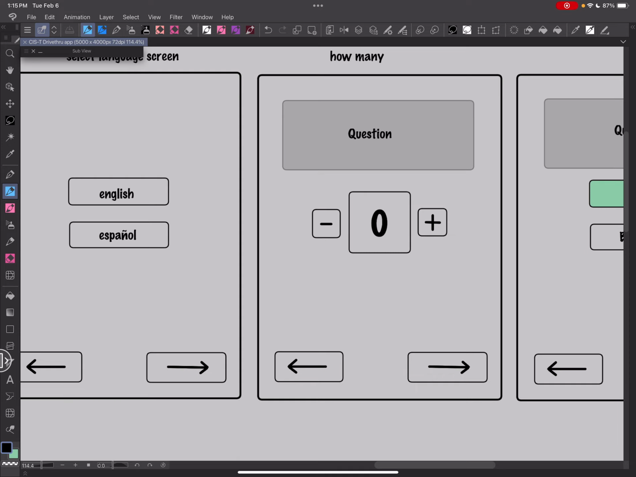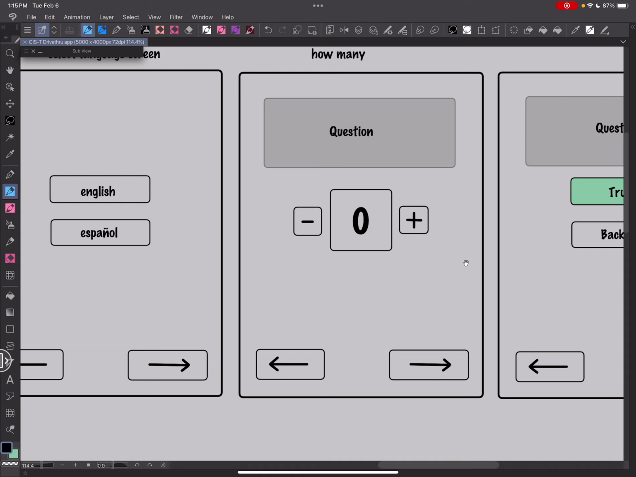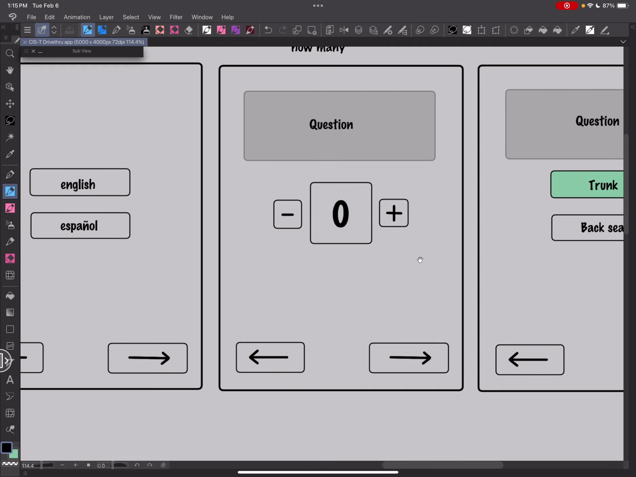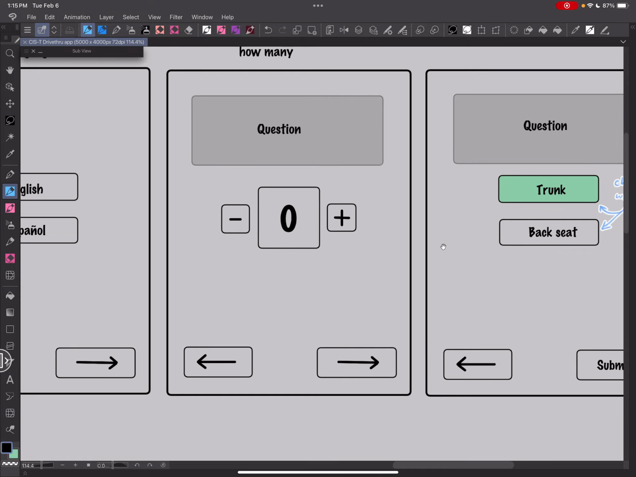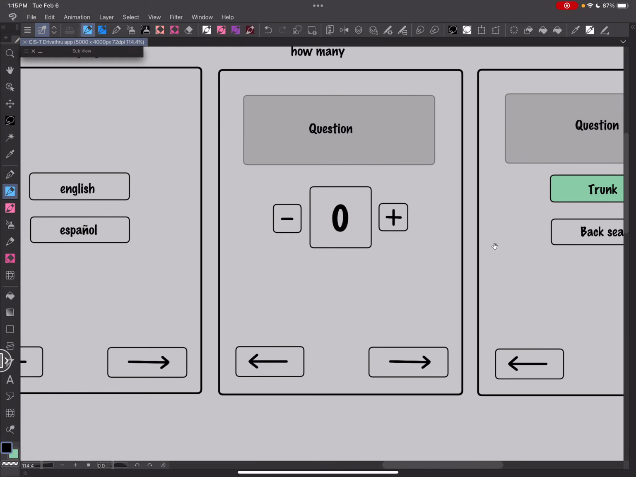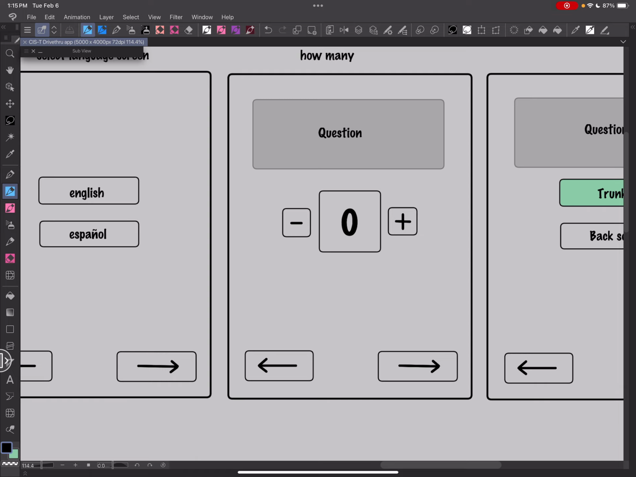So the next thing is the how many questions. The first question is how many adults in the household, or it would be, ¿cuántos adultos están en la casa? And from there, they would either press plus or minus to get the number of adults, and then click the arrow to move on, followed by the question of how many children